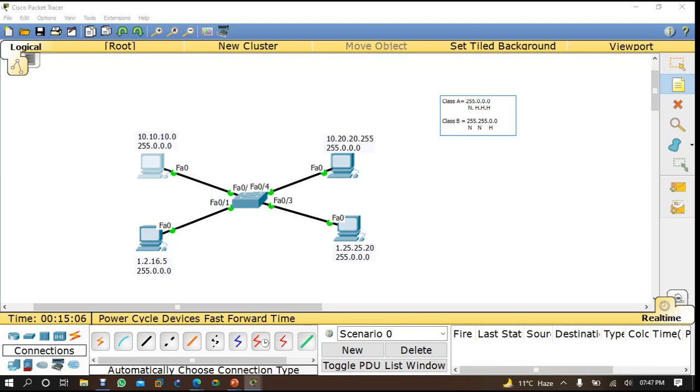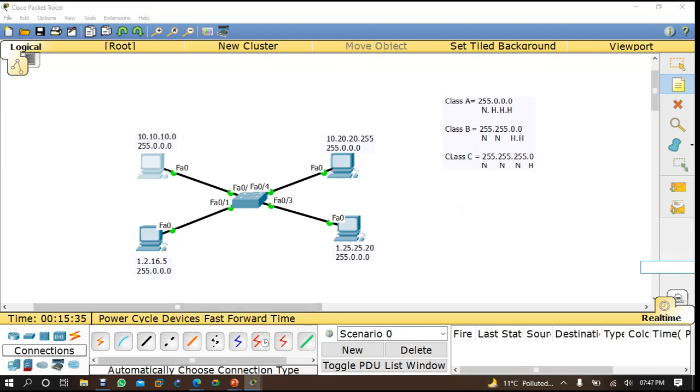Now class C is 255.255.255.0. How many 255? Three 255 means three network parts. And this network part must be the same for communication purposes.